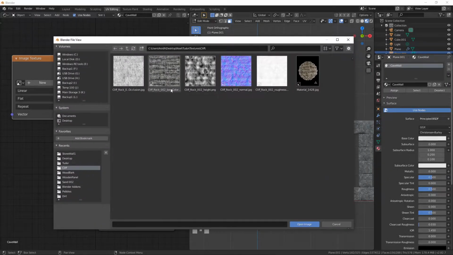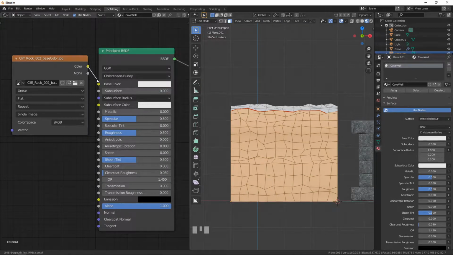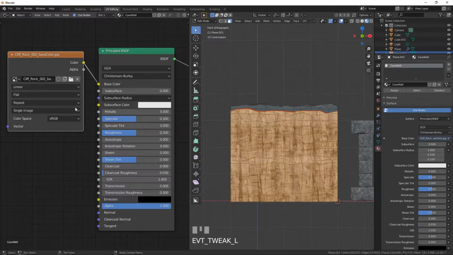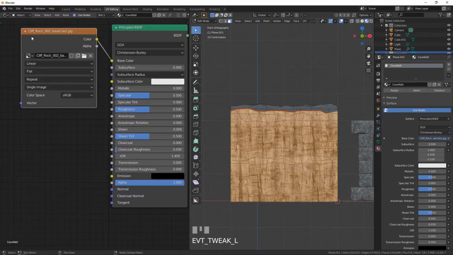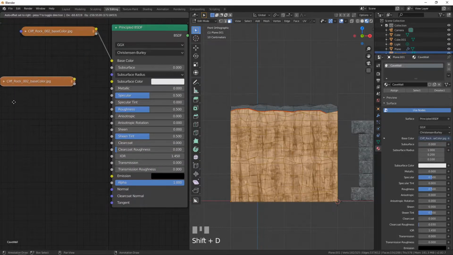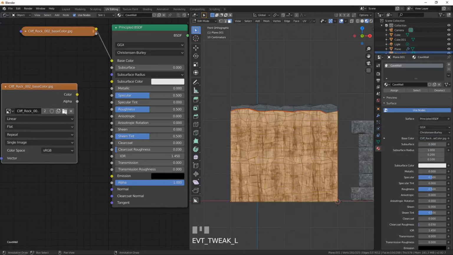Again, these were just downloaded from a free texture website, and they're seamless, which is important, so they can loop without you seeing exactly where they join together. Although this won't be perfect here, but that's fine. So there's my base color, so I'm going to open that one, and again we're going to connect color to color. I will duplicate that, so Shift D, and we will add in